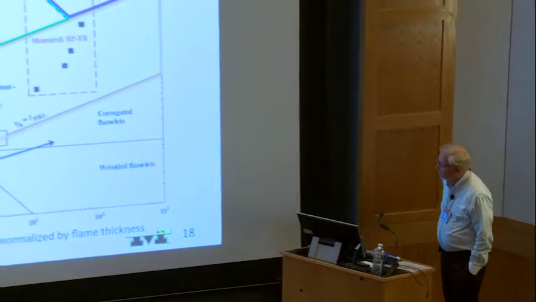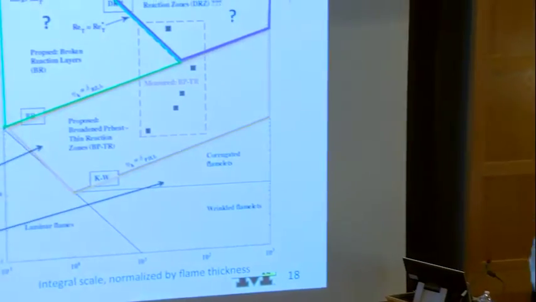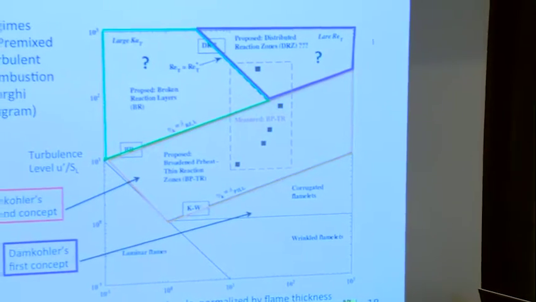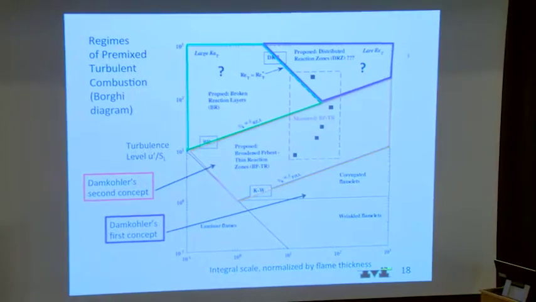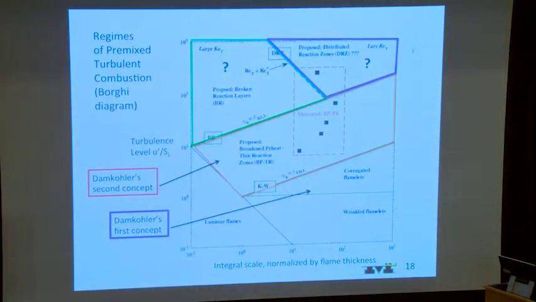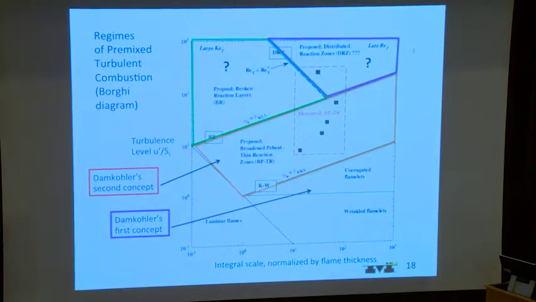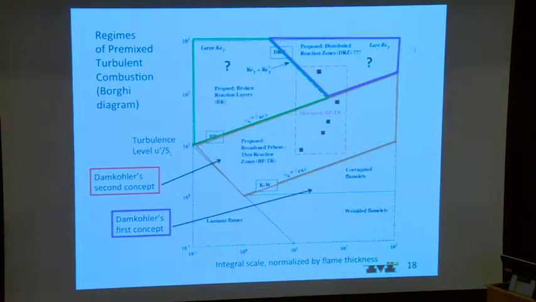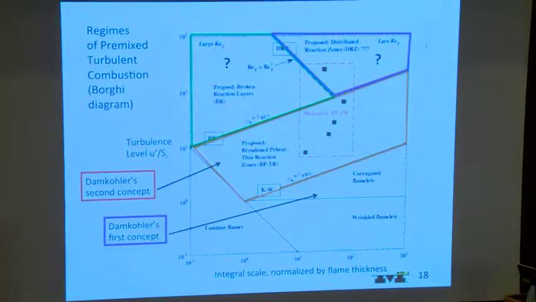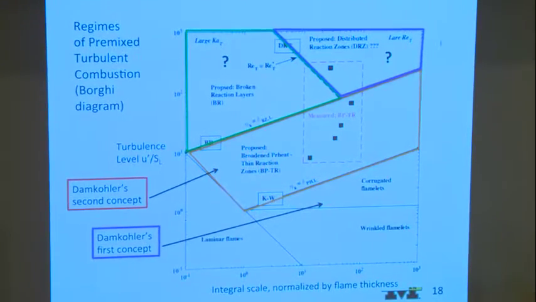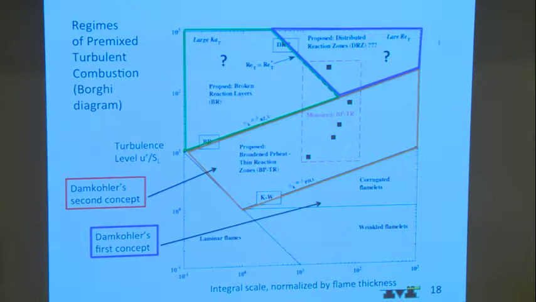And Borghi and Forman Williams and others, and Norbert Peters, have argued that these are the regimes. But they had no experimental evidence. They were sitting at a desk with a number 2 pencil, probably, and telling us what's happening. And so the question is, are they right or not? And they did have some experimental evidence, but not much, assuming they read the experimental papers, I think they did. Anyway,